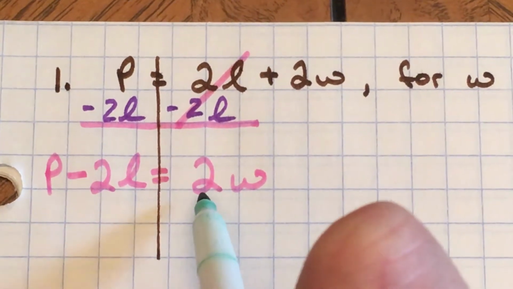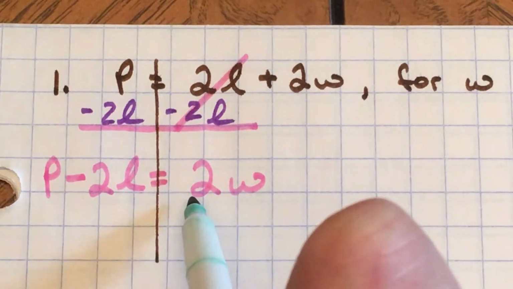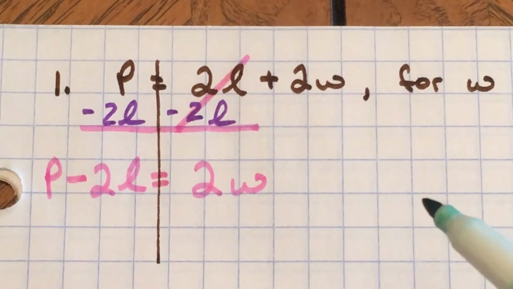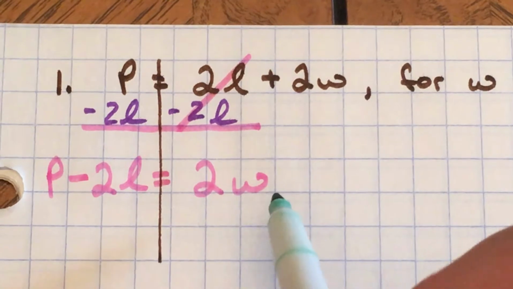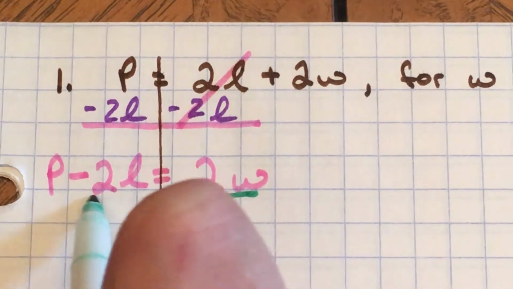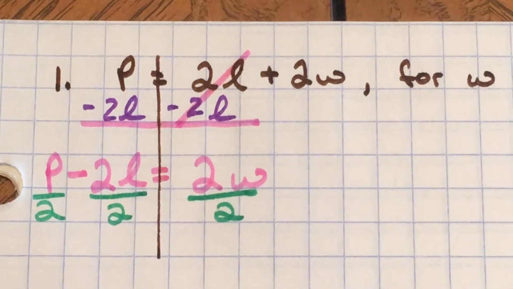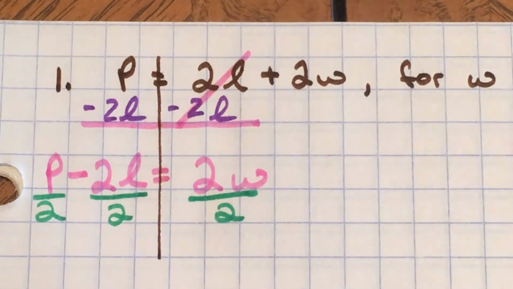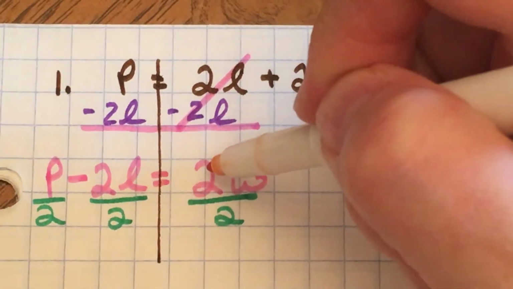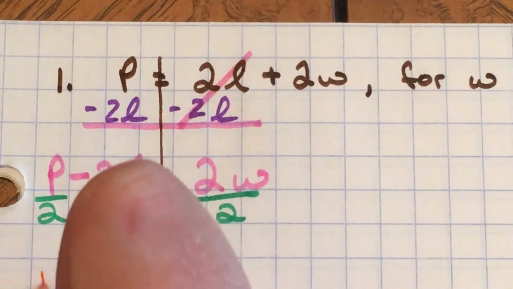Anyway, okay, how do I get rid of the 2? Remember, a letter and a number side by side are multiplying. So to get rid of something multiplying, you divide. And every term gets divided by the 2. So on the left, we have a perimeter divided by 2